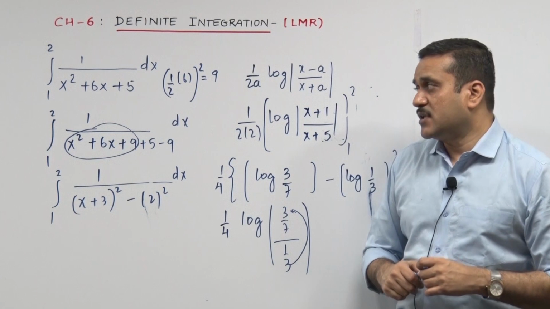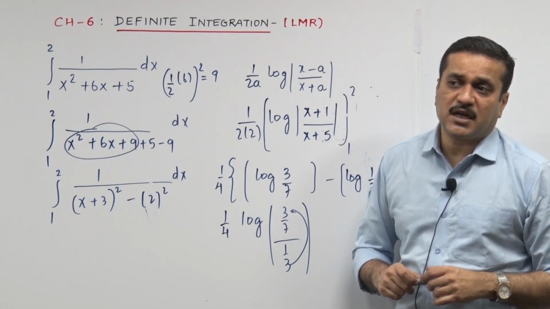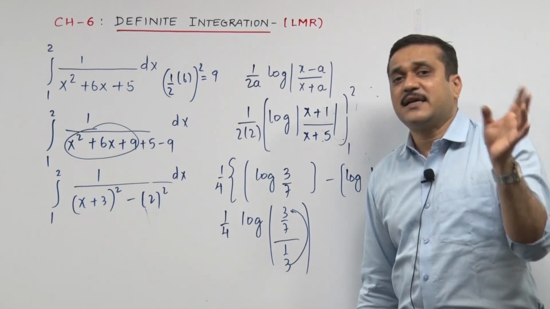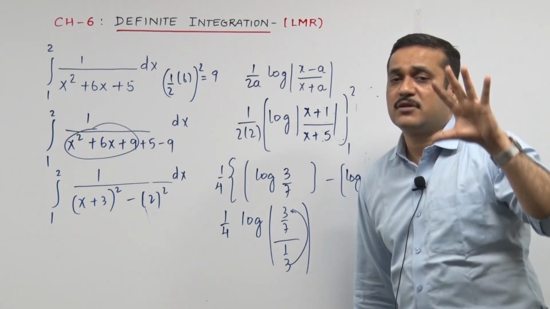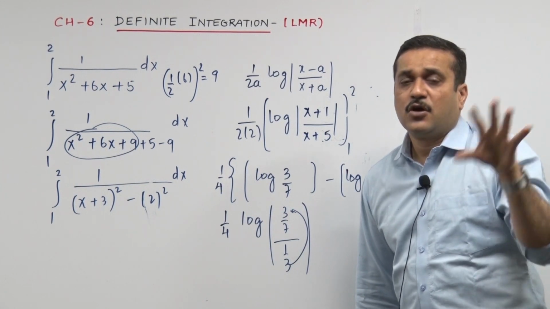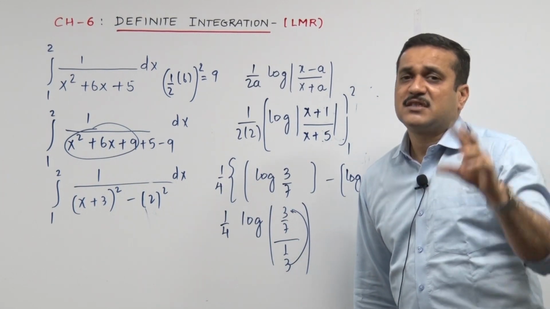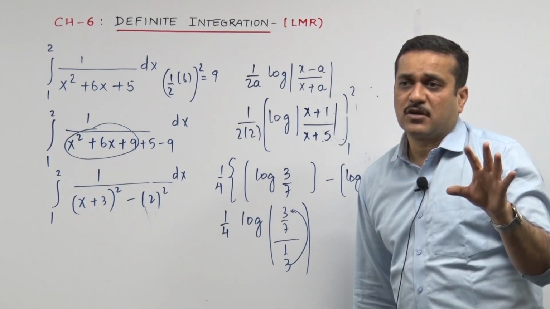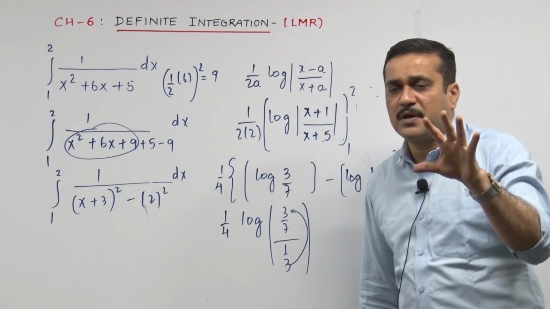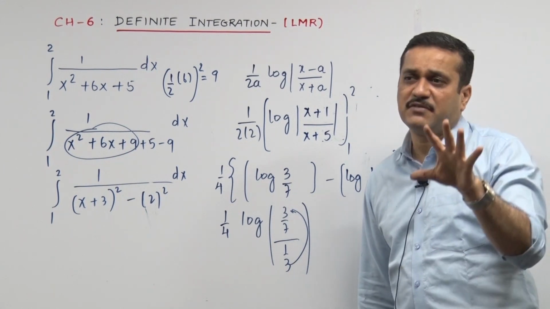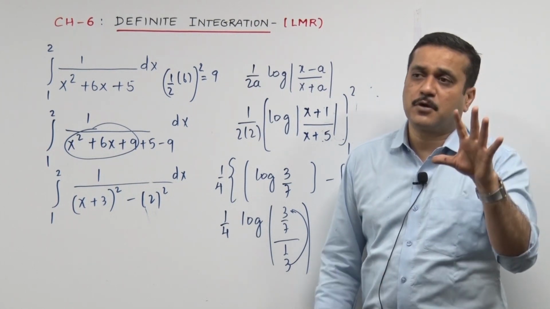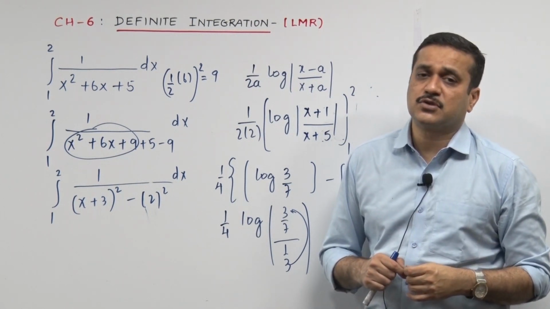With this, I would really enjoy getting into the second part, property based sums. In all, there are 7 properties. I have put down those 7 properties in the LMR sheet, but frankly speaking, in all the sums covered, we just happen to use 3 properties out of those. If I be very specific, it's property 4, property 5, and the last property on odd even functions, property 7. So we target those 3 properties on which we need to solve the sums.